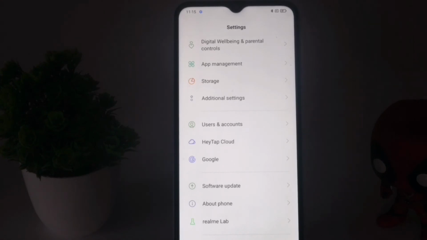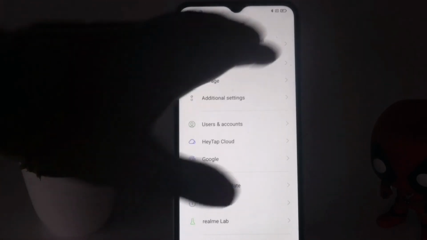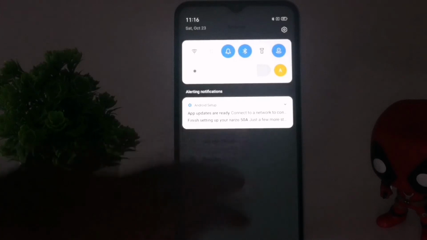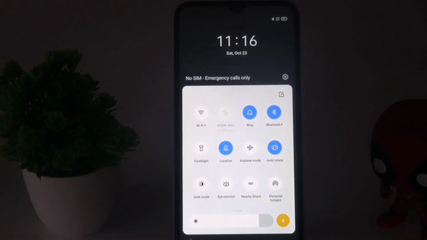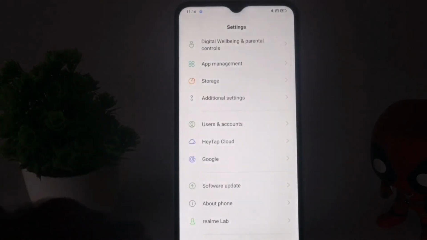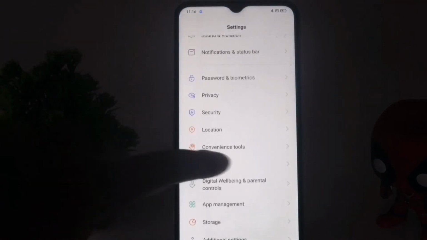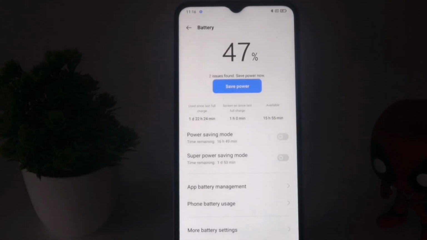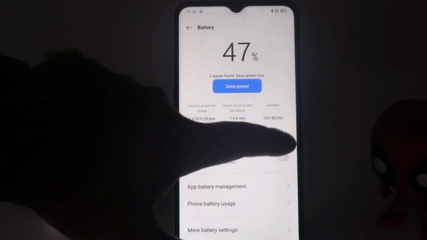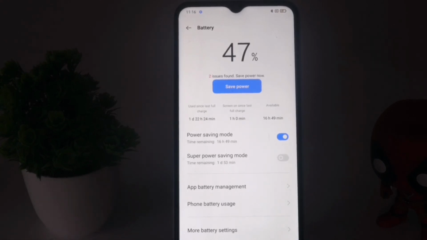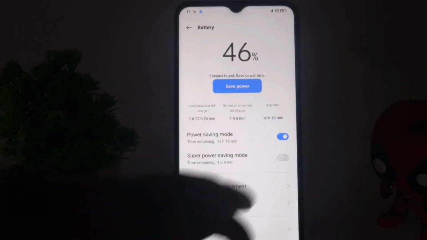And also the last one I would like to point out is if the phone battery is low and you're running the device in power saving mode, this can affect the issue, which I have told a lot of people. Some people always have a habit of keeping the battery in power save mode. I suggest you only use this when it's necessary, and not all the time. As you can see, the power saving mode is enabled, so you can try turning this off. Even if you're having any kind of Wi-Fi issue, you just have to turn this off, and most probably this will help you out.